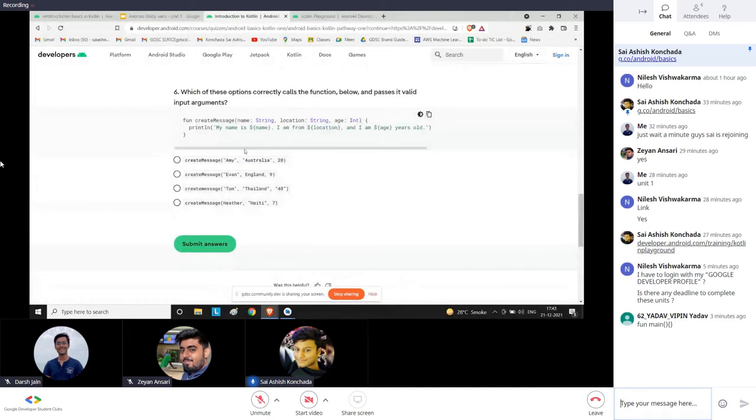For a string, you have to pass the argument in double quotes, and for an int, you just pass a number. So this one satisfies it. I'll also say why the other ones don't: this isn't a string, it doesn't have a double quote, and this is an int, so it shouldn't have a double quote. And again, this one should have a double quote. This is the first one.